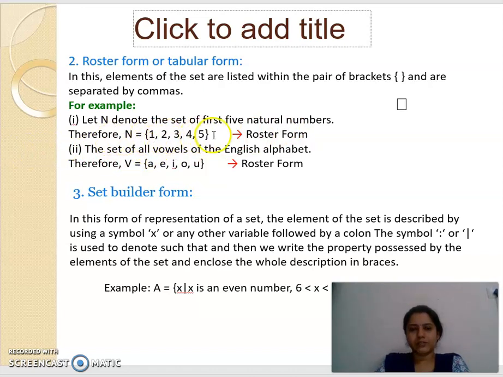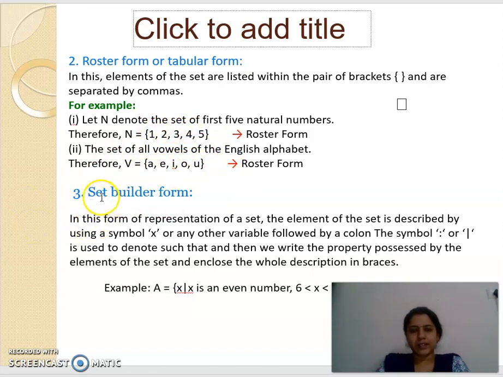So 1, 2, 3, 4, 5 are kept in brackets. Next is set V, which contains all vowels of the English alphabet: a, e, i, o, u. These are separated by commas and placed within the brackets. This is the tabular representation of sets.